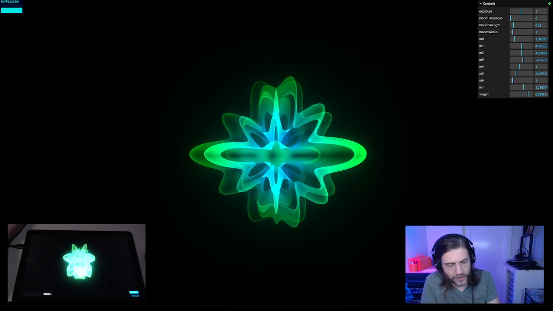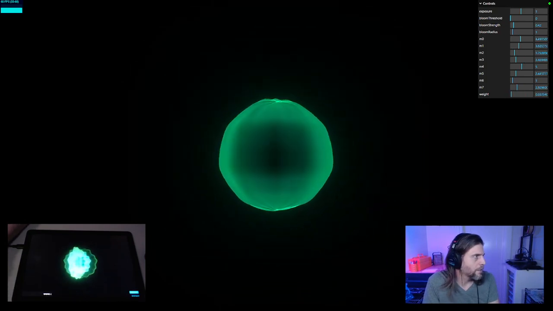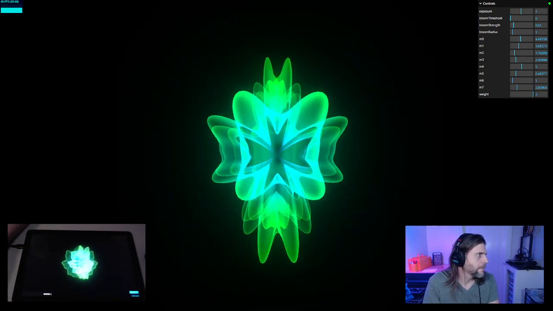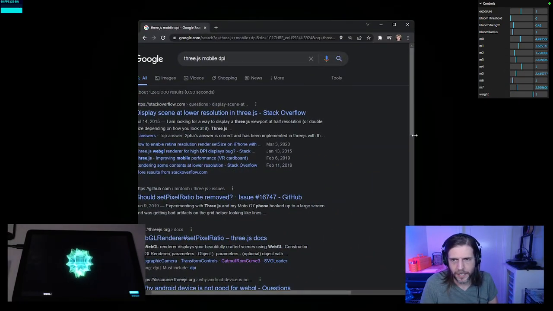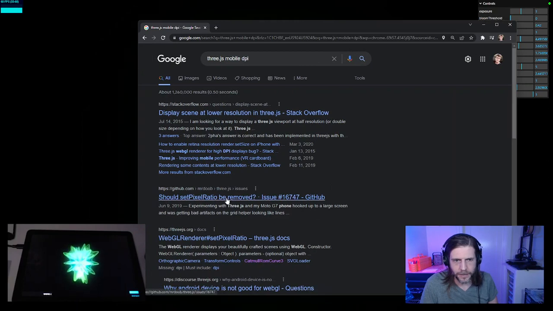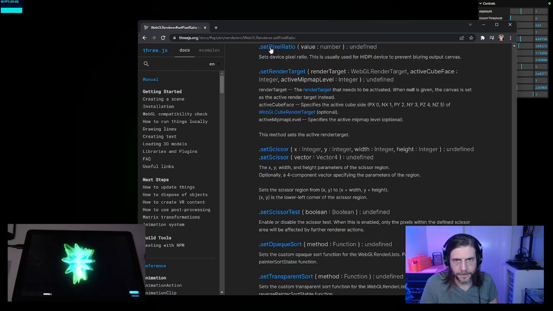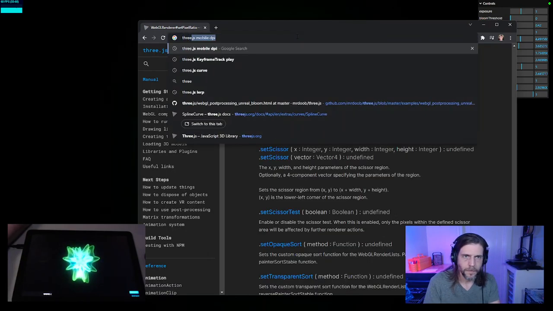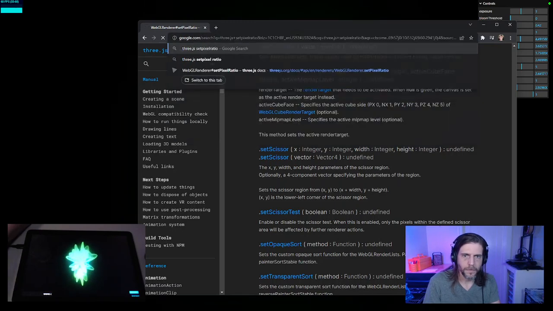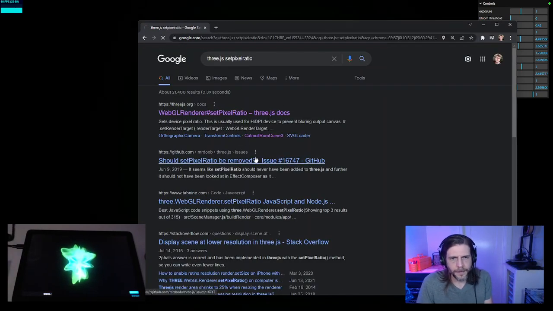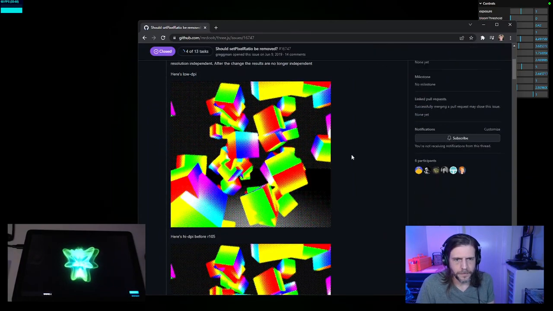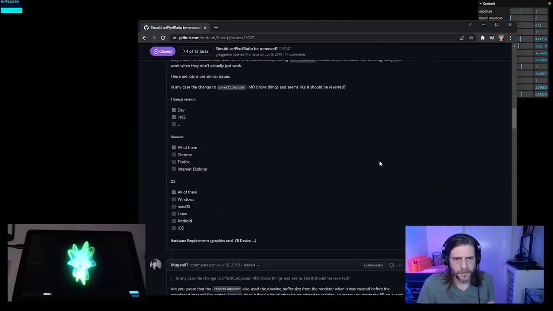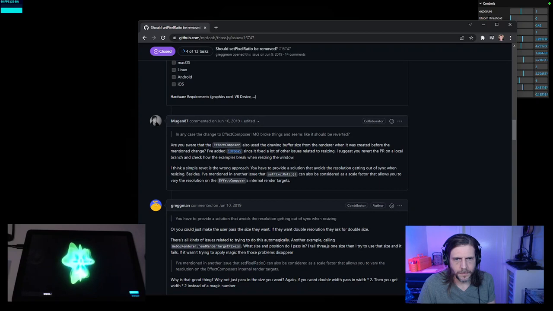There's just maybe something about the resolution. So Three.js, mobile, DPI. I feel like there's a pixel multiplier or something like that you're supposed to manage manually. Set pixel ratio. Could also be the buffer size of our